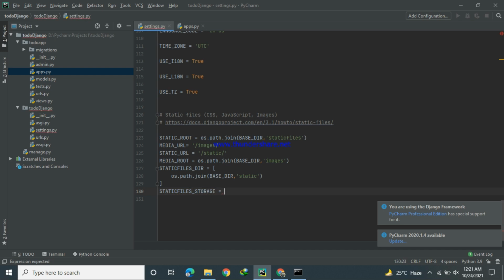You will connect whitenoise, so you will be able to use it. I will create, for your information, the whitenoise storage equals whitenoise.storage.compress. You can copy as it is.